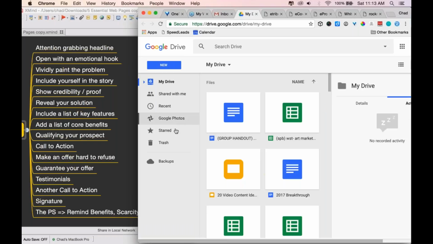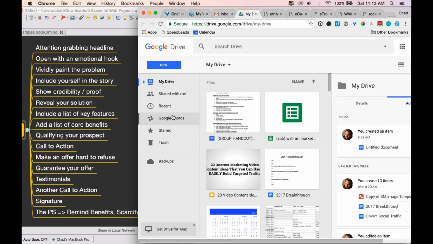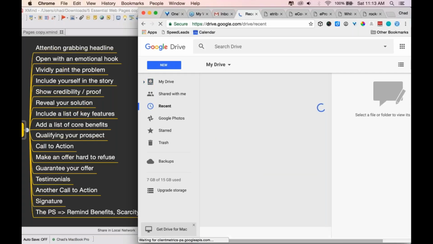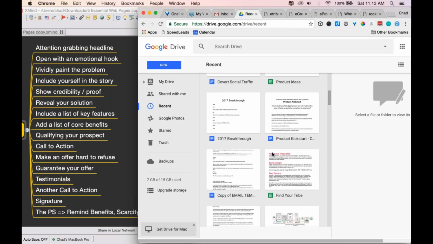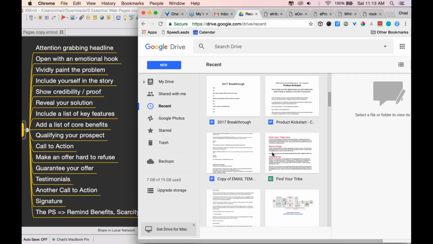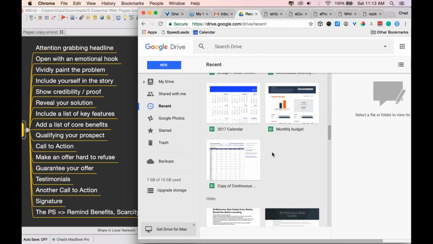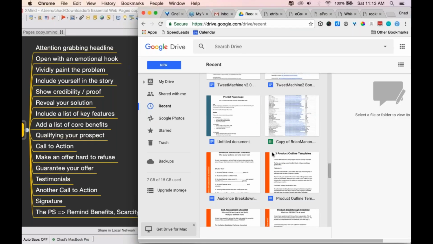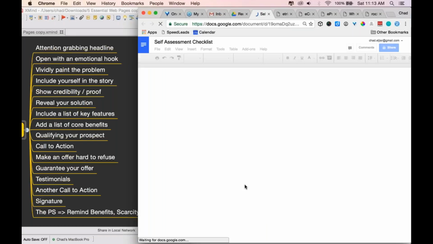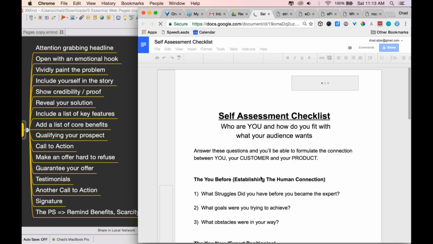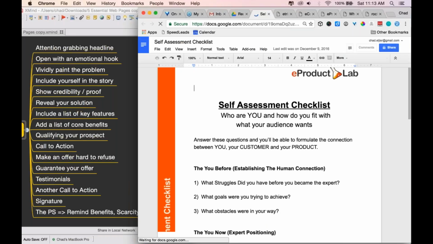I'm in Google Docs. I have to find my recent documents here. Let me see where it is. Okay, so we remember we had the audience breakdown, product outline, and the self-assessment. Let me see if this is the one. All right, so